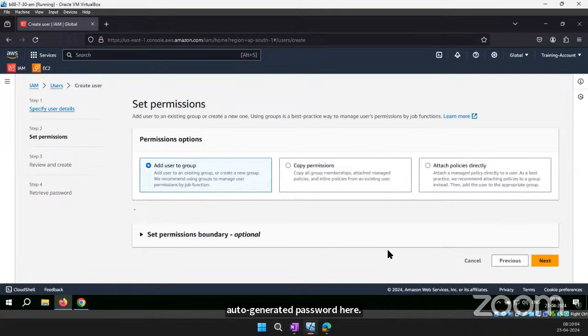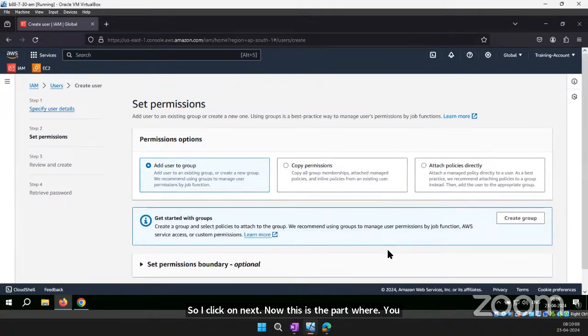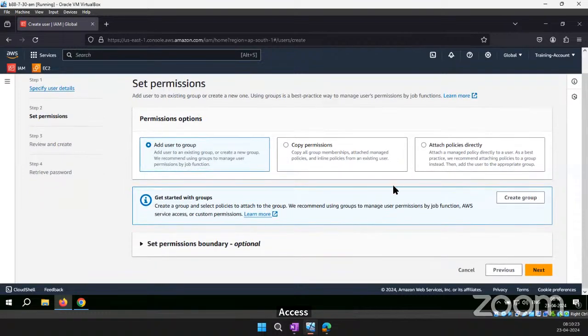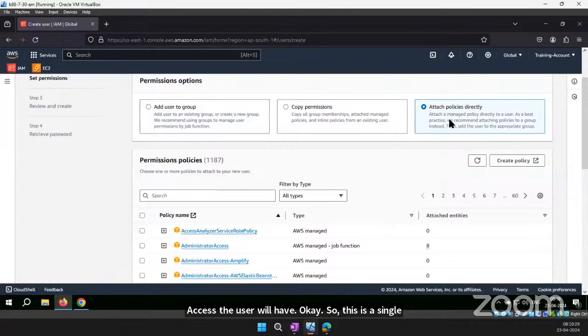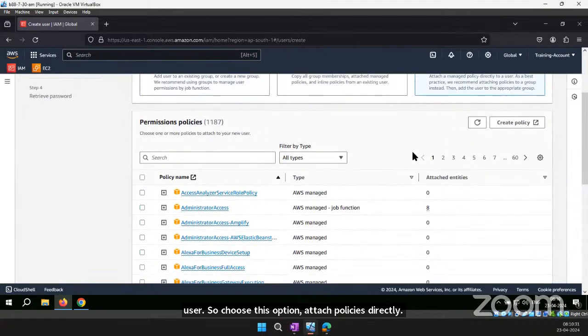Now this is the part where you are defining the permission level, what level of access the user will have. So this is a single user, so choose this option, attach policies directly. When you click on this radio button, you will have these. So there are nearly